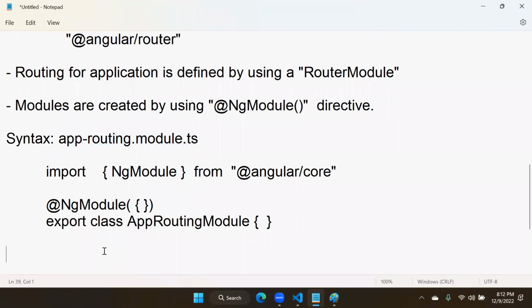In many interviews they ask, because remember, every routing module name is mandatory to be app routing, compulsory. It is mandatory that every routing module name should be app routing. Now in interviews they ask a question like,